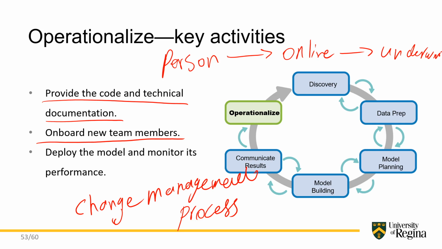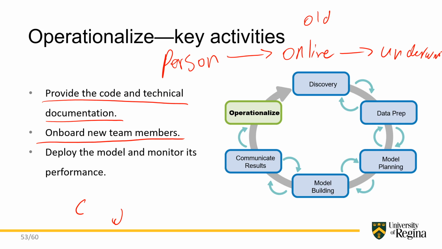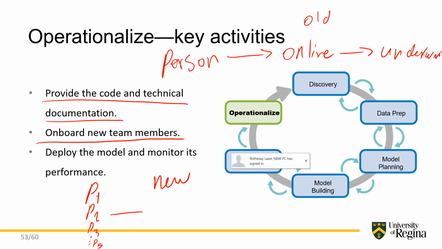So that is the old process. So the new process could be something like, so person 1, person 2, person 3, and to P5, they all apply online,